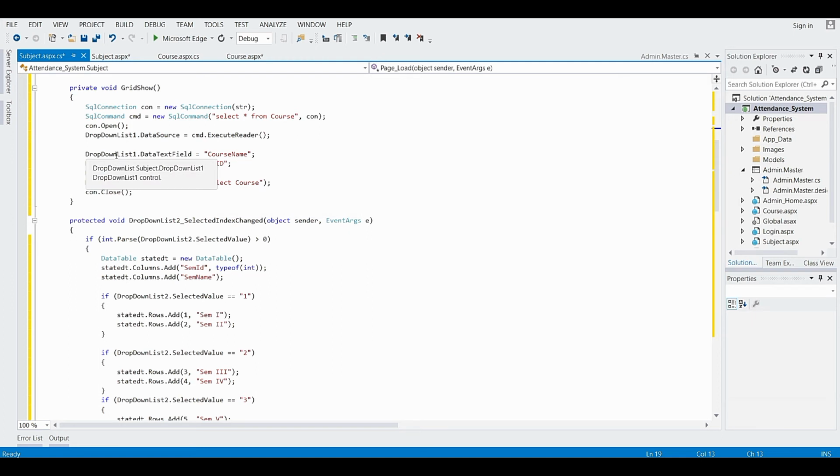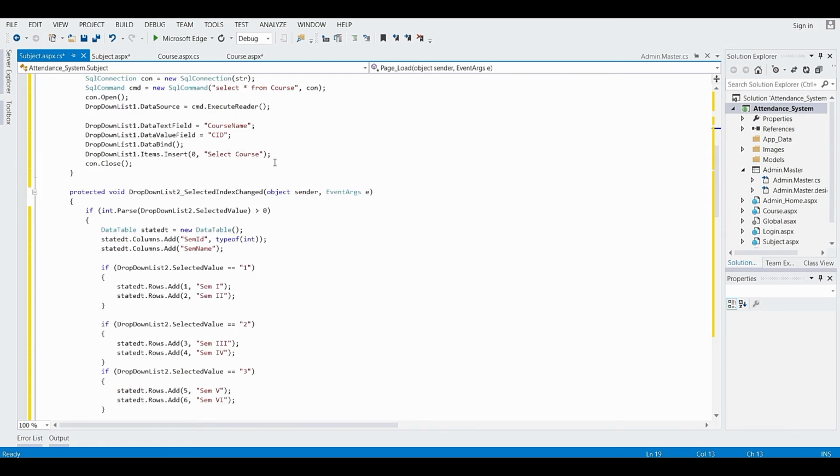When this drop down list is filled with data coming from the course table, you know that the data appearing on the drop down is based on the index. At 0 index it is going to display this Select Course. After that all the records coming from the course table will be displayed. Now close the connection.